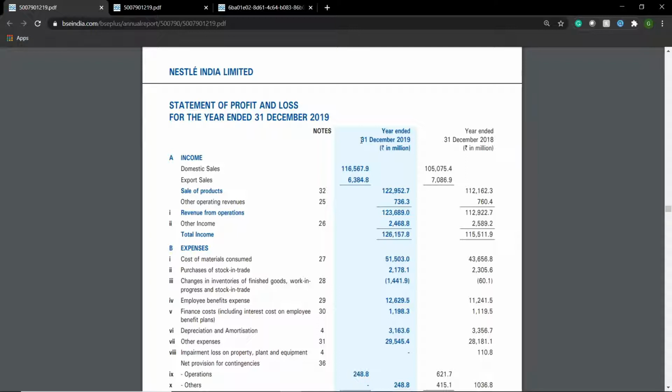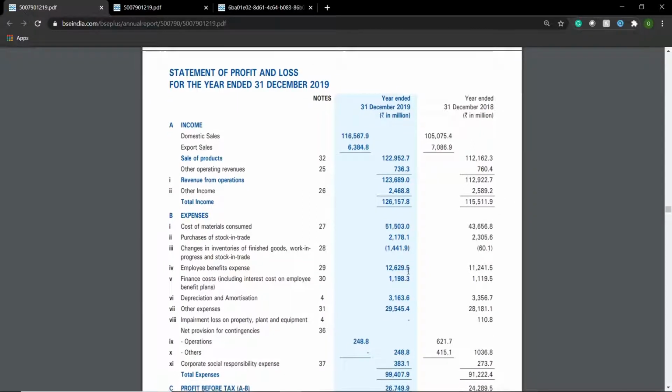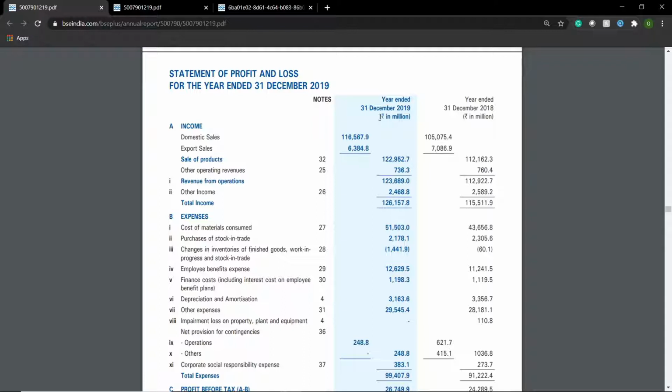So that's it. Now you can see that this is for financial year 2019 and this side represents financial year 2018, and there's a comparison between the both. And one more thing, the rupees that are represented here are all in million. Okay. So coming to the first part,